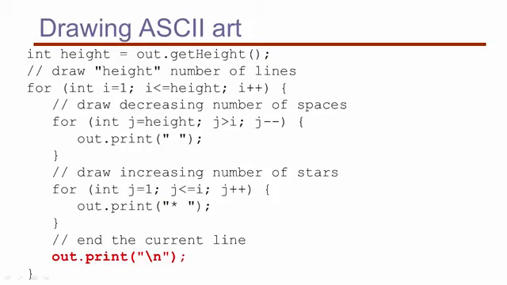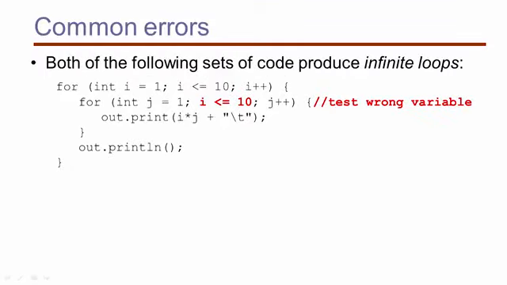Finally, before closing, let's discuss 2 common errors that people make when they create nested loops. The first problem occurs when the test expression of the inner loop accidentally tests the outer loop counter variable rather than the inner loop counter variable. In this example, the inner loop is testing the variable i, and since i does not change in the inner loop, the test i less than or equal to 10 will always be true, and we end up with